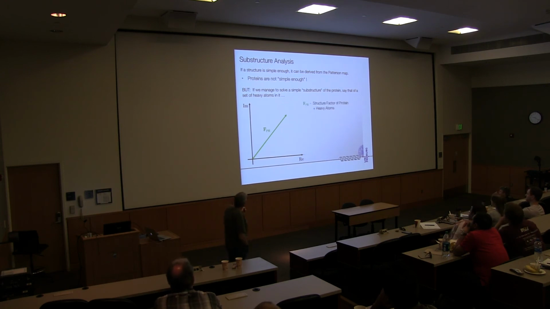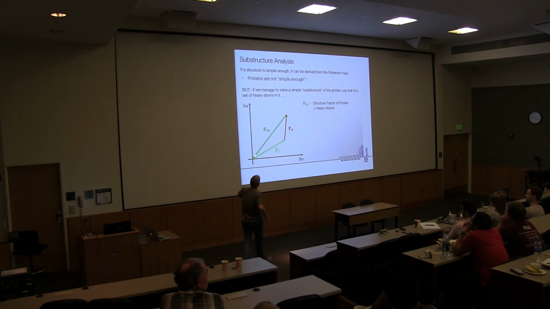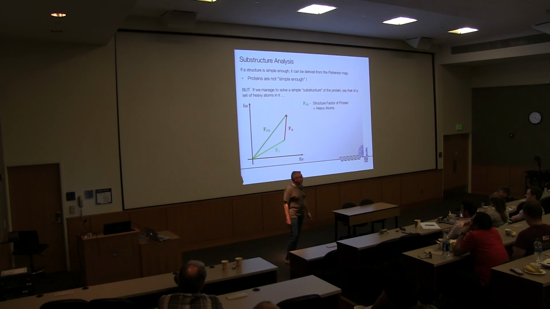Because what we have is, for every single structure factor, we have the structure factor of protein and heavy atoms. The heavy atoms might be the irons. We don't know that. But because everything is nicely additive in our structure factor pictures here, this means that we have this as a structure factor of the protein plus a structure factor of the heavy atoms, and the heavy atoms have a structure that is simple enough. So what we can do is we can determine not really